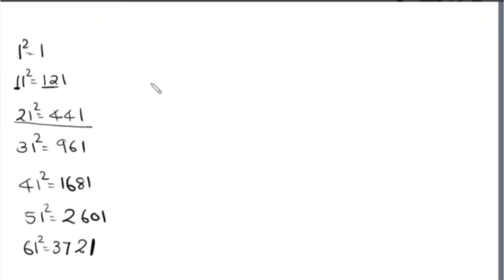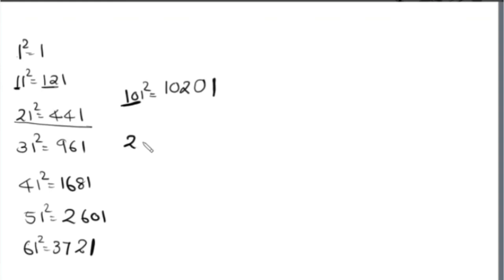Now let's see what will be the answer for 101 square. 101 square, last digit is 1, no doubt in that, because it is ending in 1, so the square will also end in 1. Now what is the remaining number? It's not one digit, there are two digits, that is 10, right? So what is double of 10? Double of 10 is 20, so we'll be writing 0, 2 carry. Then 10 square, 100. 100 plus that carry 2, your answer will be 102. So your answer will be 10,201, that is 101 square, right?